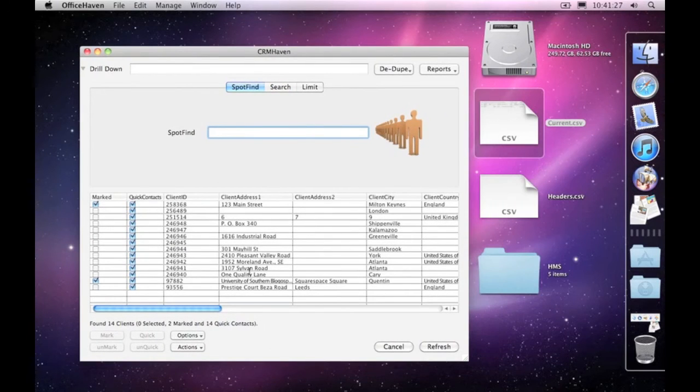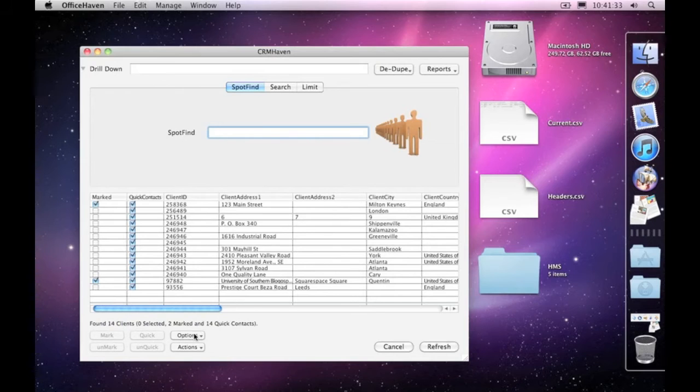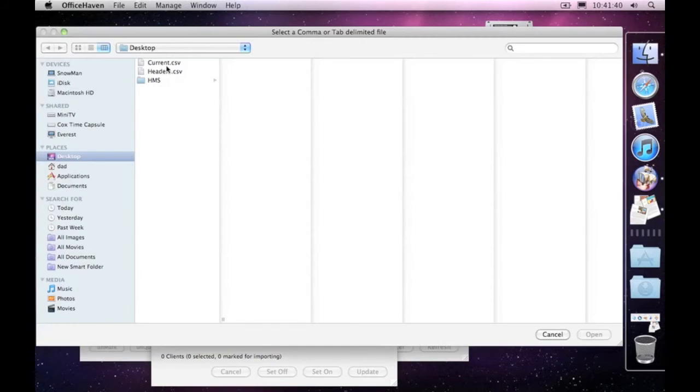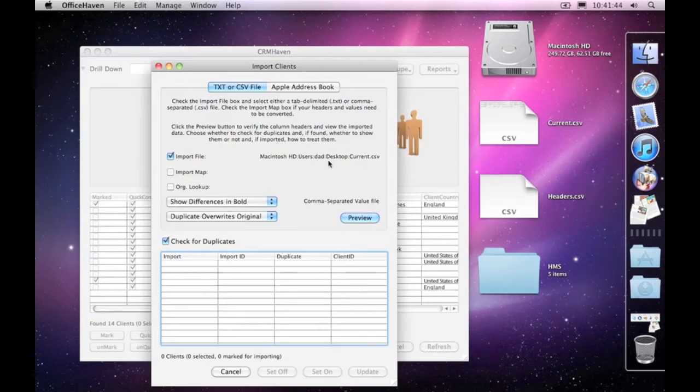Now what I'm going to do is come along here, pretend that we've actually just put a whole lot of information into that current spreadsheet. Come along here and go import. Choose the import file down here, and I'll choose that current one, and OK. So you can see the name showing up here, and then we've got duplicate switched on. Go preview,